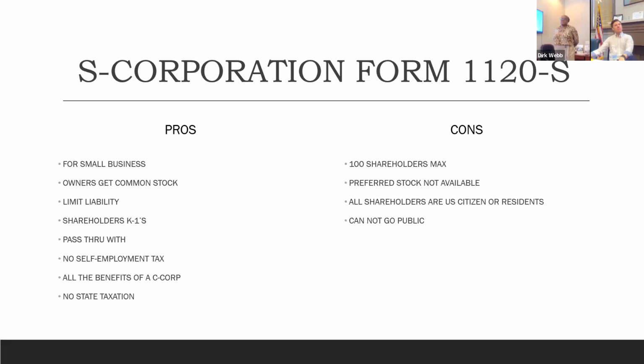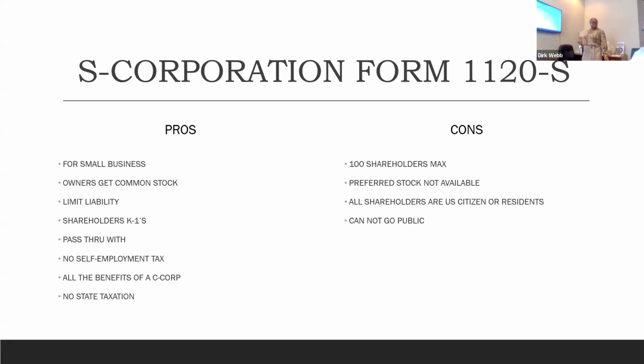And on Sunbiz, it's basically generic, you put your name in there. The purpose is whatever general purpose for running the business in the state of Florida. But if you go to a lawyer or an accounting firm to have it set up, they have boilerplate articles of incorporation that you can have for your documents, because sometimes when you go to the bank, they want a copy of your articles of incorporation, a copy of your EIN letter, or if you want to take out a loan or things of that nature.